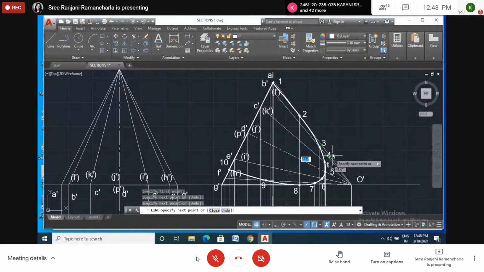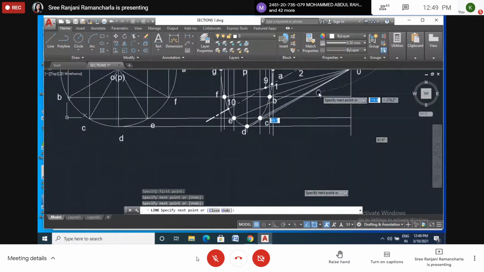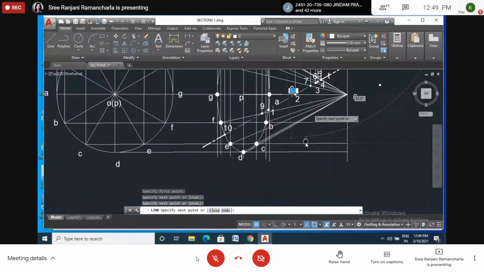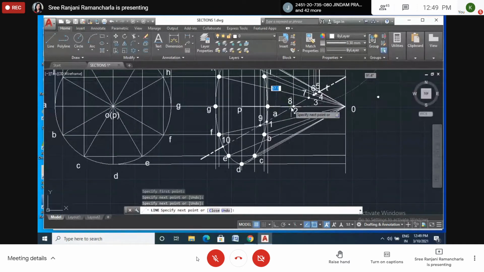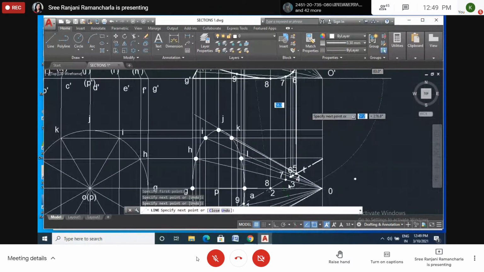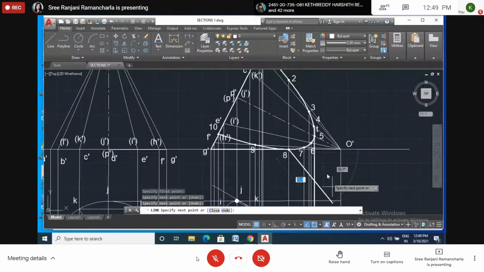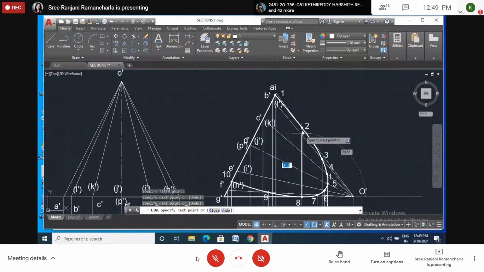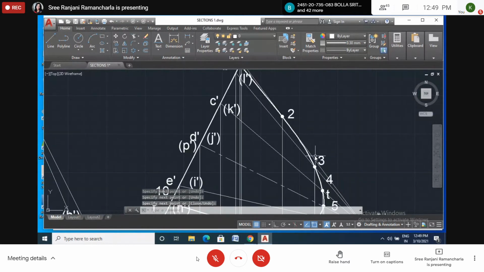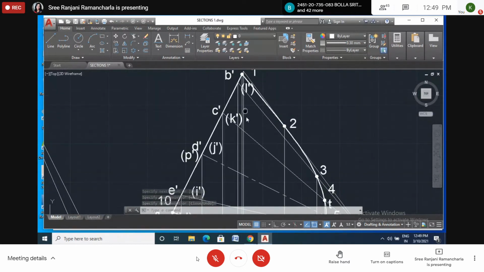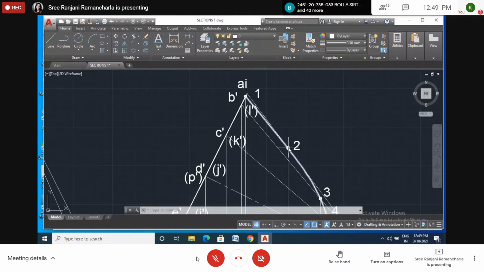So this is generator A. Let's see whether generator A is there or not. This is A. Up till here only it is there. Up till here only it is cutting somewhere. It is not there, so no need to show this thick line. So generator A from here to here is there.